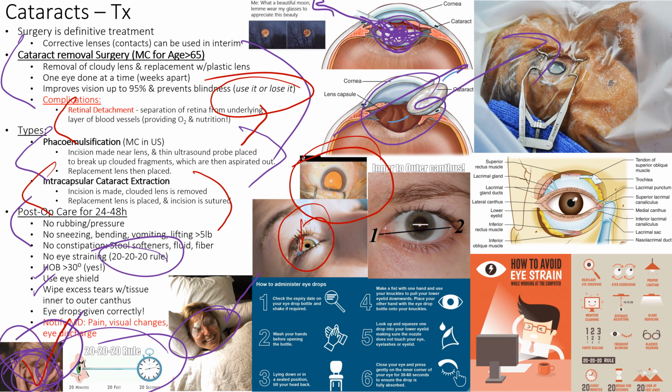And then where do you put it? You put it in the middle, and then you put a little pressure right there. Which one, 1 or 2? The one that's circled. It's like, where's their nose at? Anyways, it's at the inner canthus. You find it, and then you apply pressure for about 10 seconds or so, right?